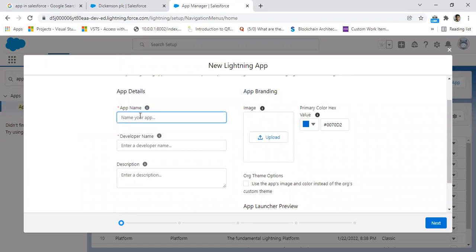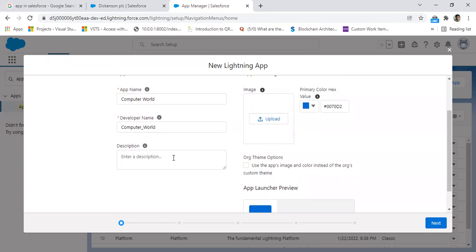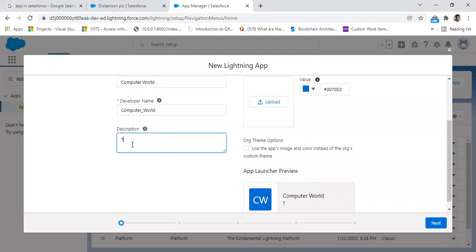It will ask you the name for the app. So I'm giving Computer World. Automatically the developer name comes with any spaces being replaced by the underscores. You can give the description of the app and then